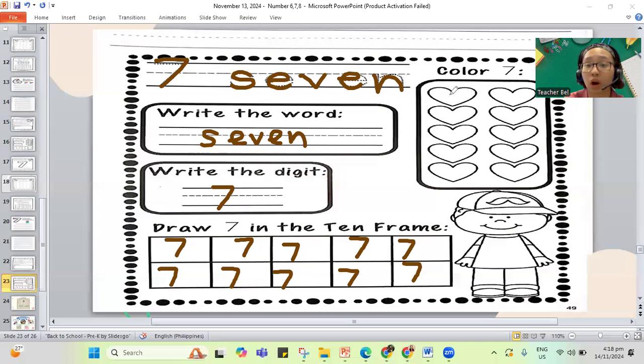Sorry, the hearts, you need 7. 1, 2, 3, 4, 5, 6, and 7. So there are 7 hearts. Now, if you're done with this work, good job. But if you're not yet done, pause the video, play it again once you are done.